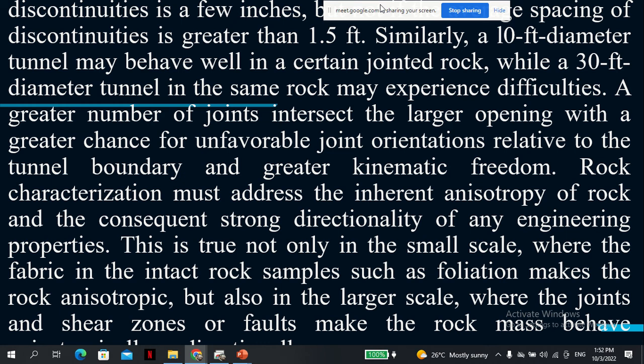A greater number of joints intersect a larger opening, with greater chance of favorable joint orientations relative to the tunnel boundary and greater kinematic freedom. Rock characterization must address the inherent anisotropy of rock and the consequent strong directionality of any engineering properties. This is true not only at small scale, where the fabric in intact rock samples such as foliation makes the rock anisotropic, but also at large scale, where the joints and the shear zones of faults make the rock mass